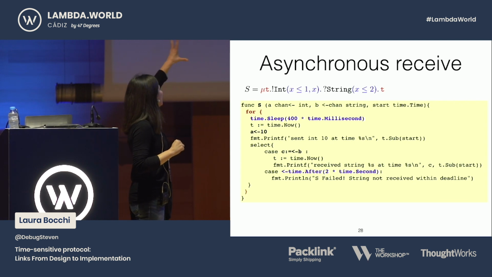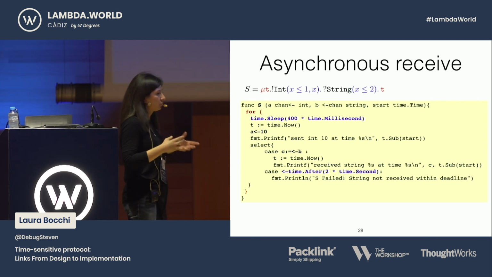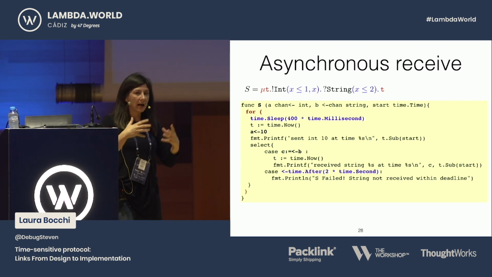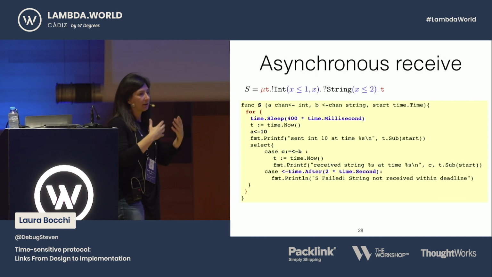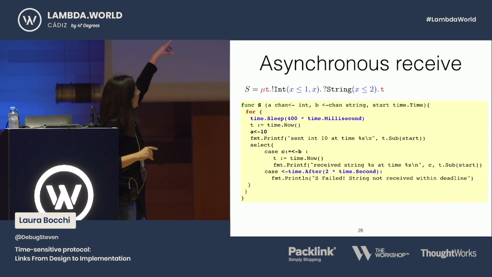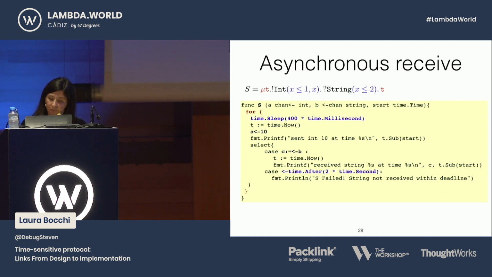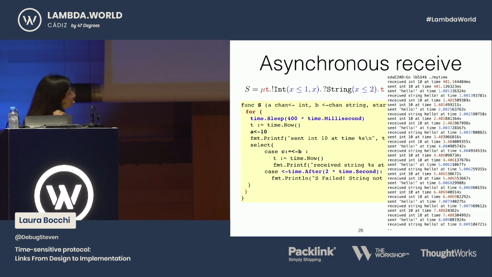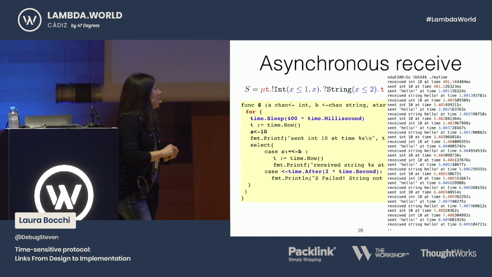I added some prints and some operations to manage time, to make sure that actions are executed at times that satisfy the constraints of the protocol. And then you can see in boldface the two interactions, the send of the number 10 and the receive, which we will print. Okay, executing it on my machine,